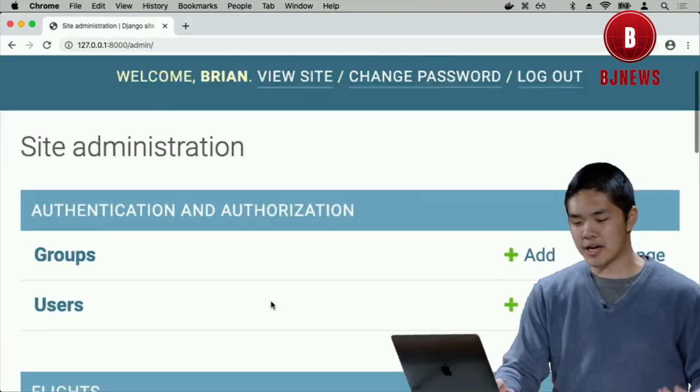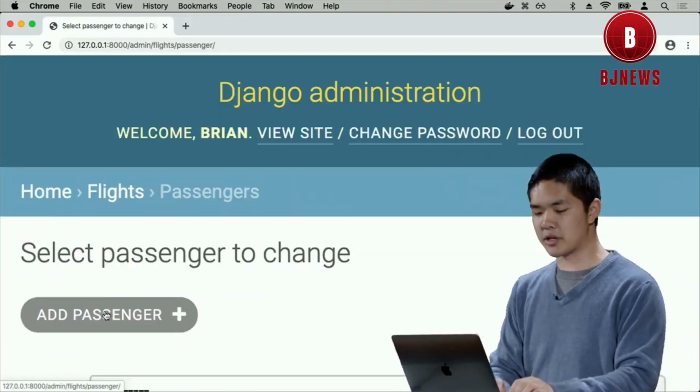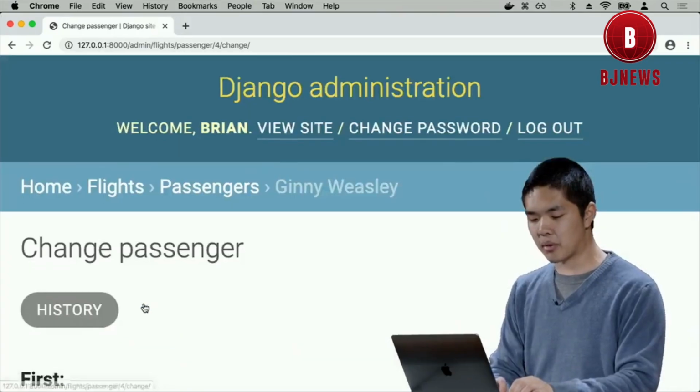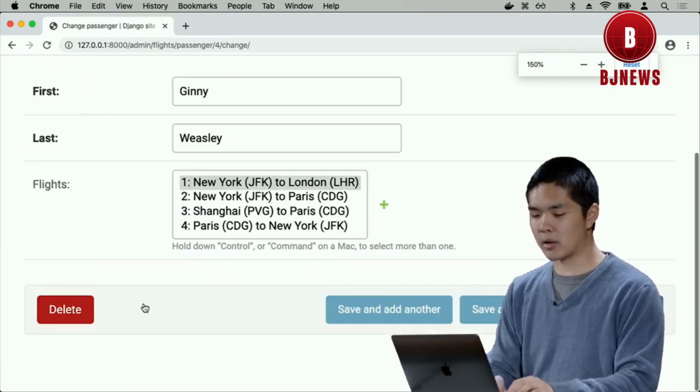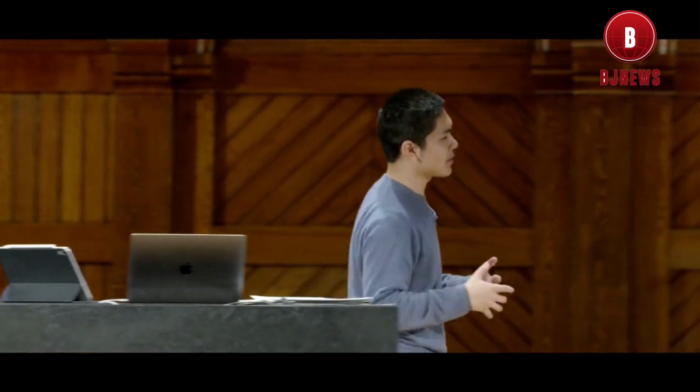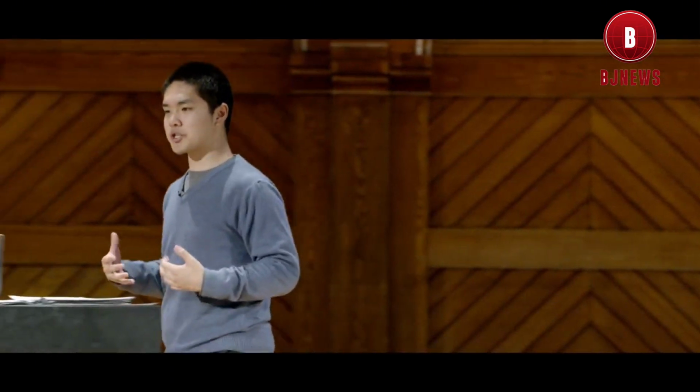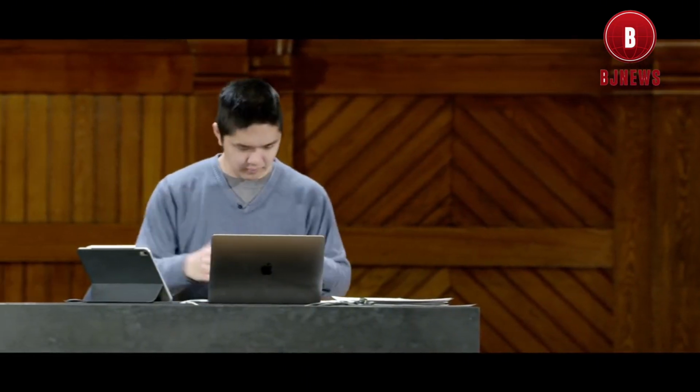And one of the big powers of Django that it really gives to me is this admin interface, that I ordinarily might have had to spend a lot of time designing a web interface that just lets me do things like take some person and go ahead and update what is their name, what flights are they on. The ability to very quickly add and delete and edit the models is something that in a web application could take quite a lot of time to build from scratch,